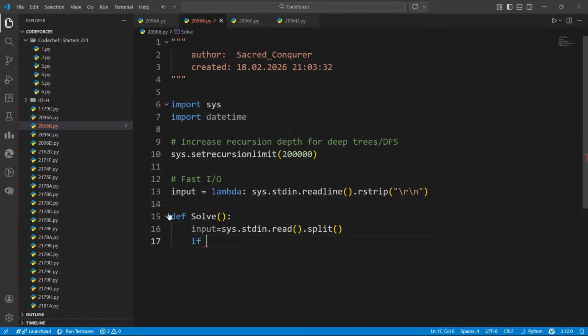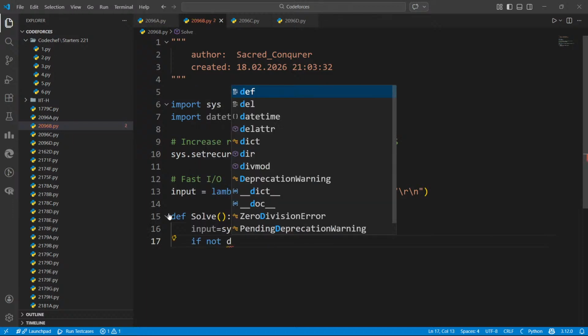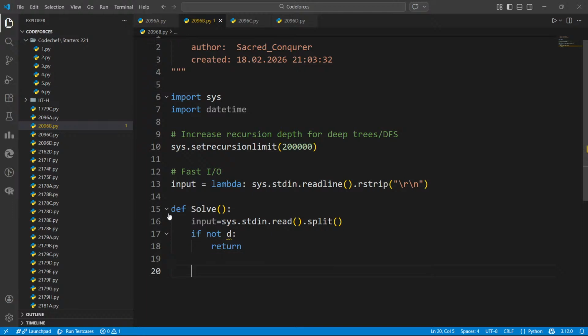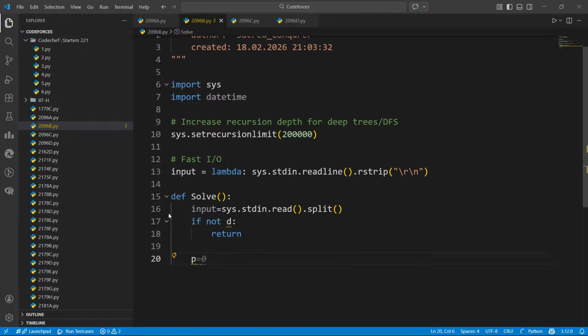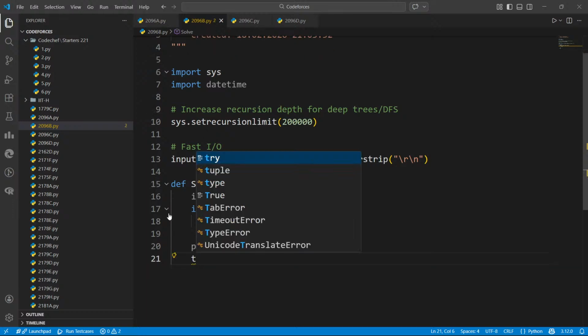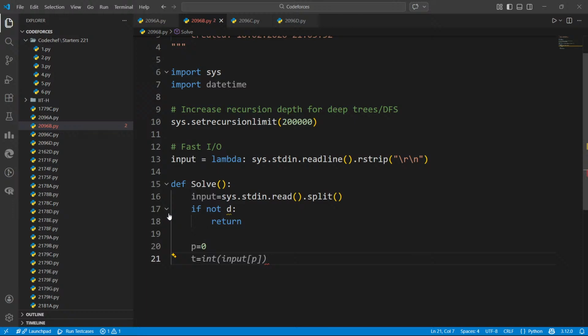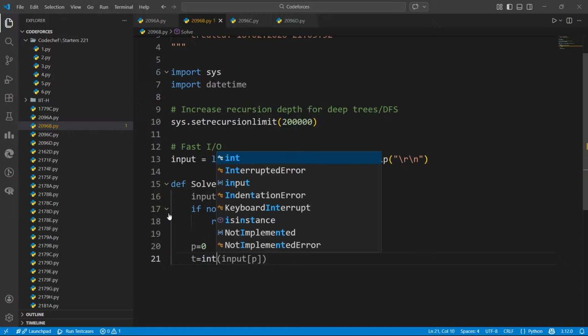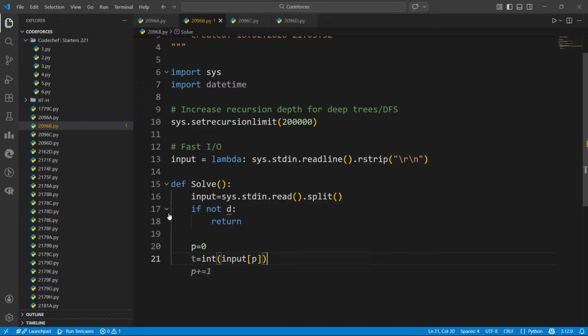And then I'll take if not d, p is equal to 0, t is equal to int input of p, increment p.